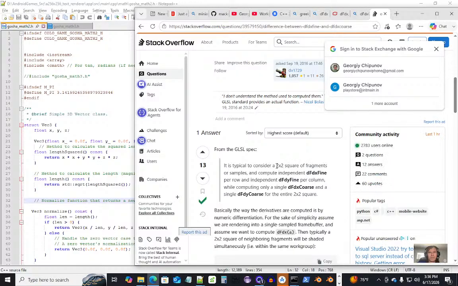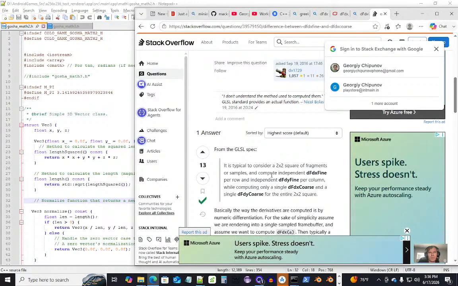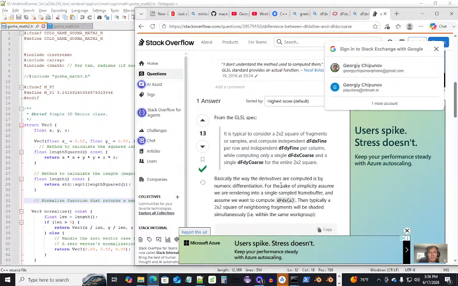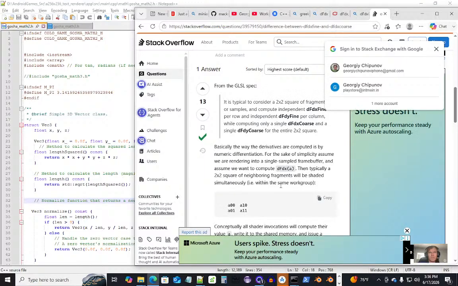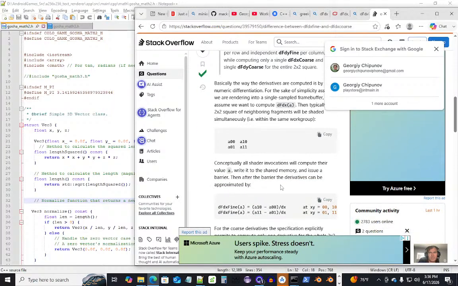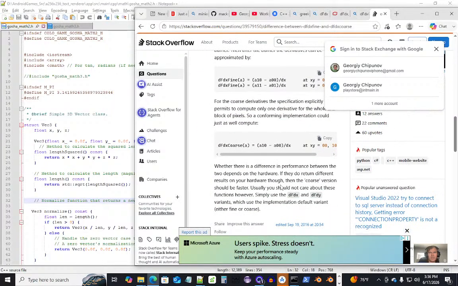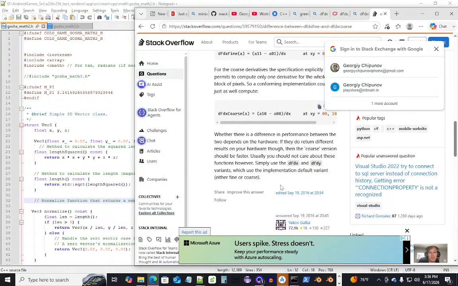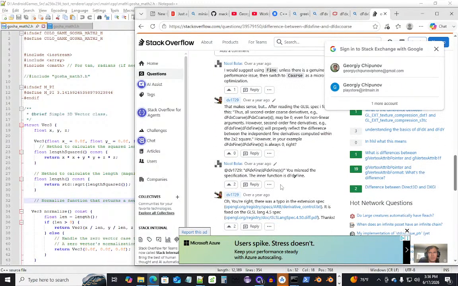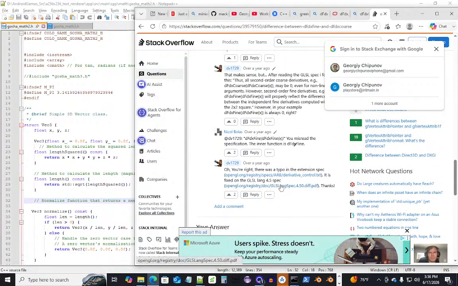It's typical to consider 2x2 square fragments or samples: compute independent dFdxFine per row and independent dFdx per column, while computing only a single dFdxCoarse and a single dFdyCoarse for the entire quad. The derivatives are computed by numerical differentiation. Yeah, it's just kind of way over my head. It's like speaking in Hebrew or Greek or something. I don't know what I meant to say there, but